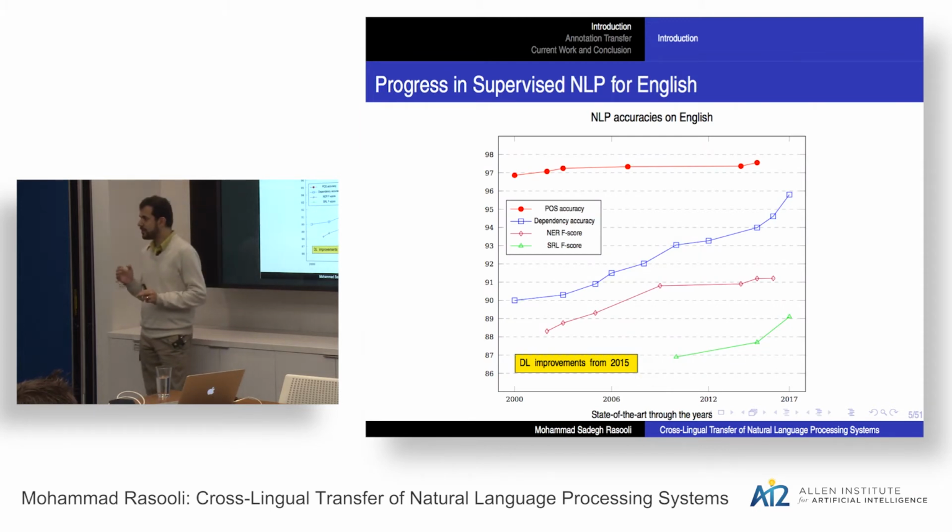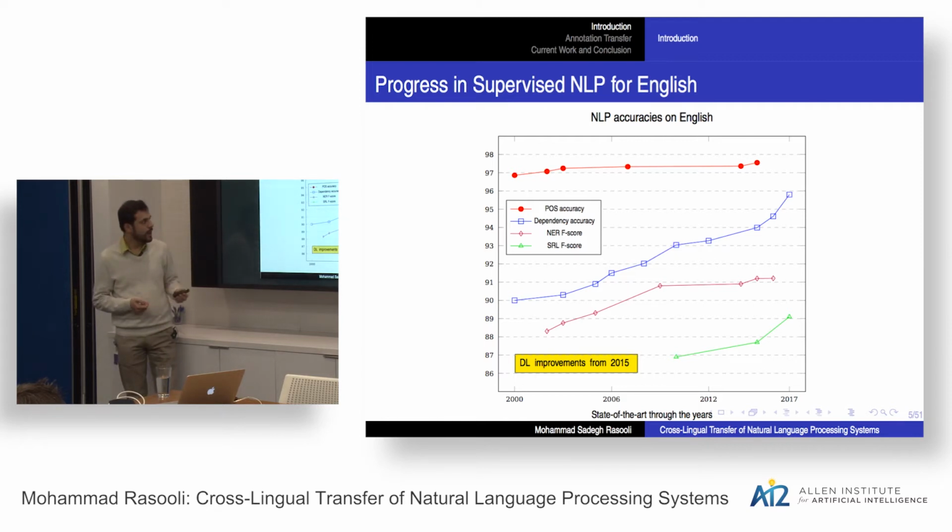I calculated the state-of-the-art performance of natural language processing systems in four tasks on the English data set on Wall Street Journal text, which is news text. We see that for simpler tasks, like the top graph, part of speech accuracy, it started with log linear models. If you remember all these max entropy models, it was like deep learning at the time. It started with about 96% accuracy, and now with deep CRF models, in English we can have